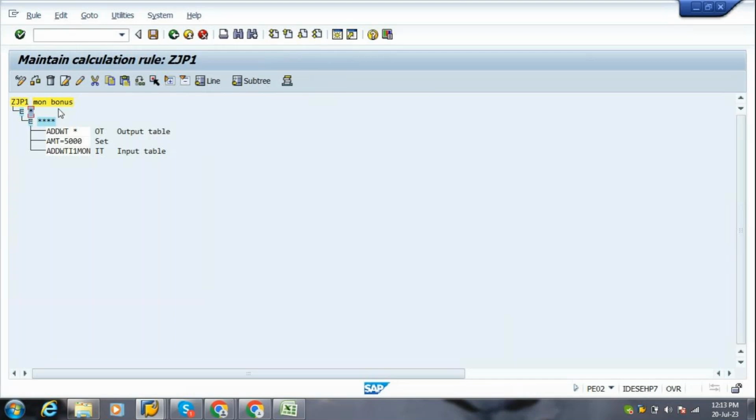Here I'm telling monthly bonus ADDWT. ADD means add, WT means wage type, space star means whenever you run the payroll, the wage type amount is going to come in the OT table. What is meant by OT table? When you run payroll, wherever you see the output, nothing but the payslip. So when an amount is coming on the payslip, it is known as